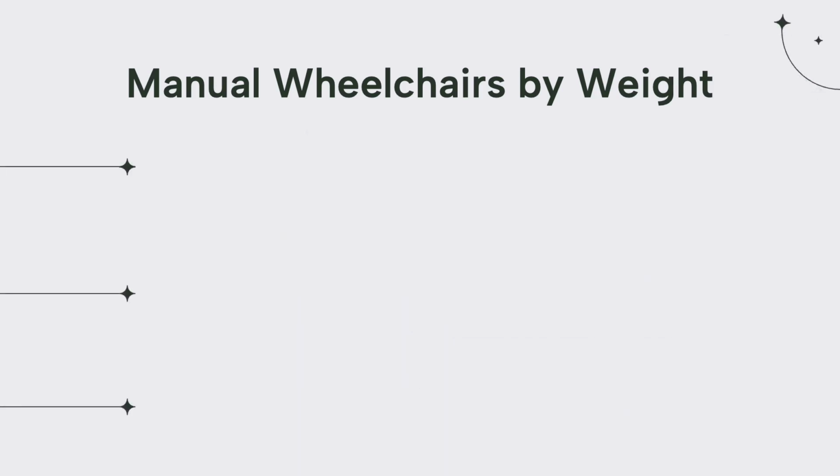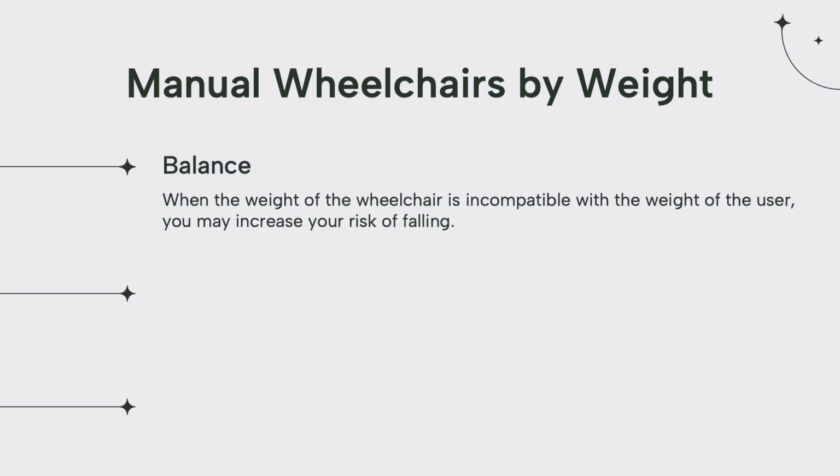Several factors come into play when selecting a wheelchair by its weight. First, balance. The purpose of the wheelchair is to provide someone with better mobility. As such, one may be leaning sideways or bending forward and backwards while they're seated in the chair. When the weight of the wheelchair is incompatible with the weight of the user, you may increase your risk of falling. A lighter wheelchair might topple over when leaning or bending, whereas a heavier wheelchair will provide greater support and